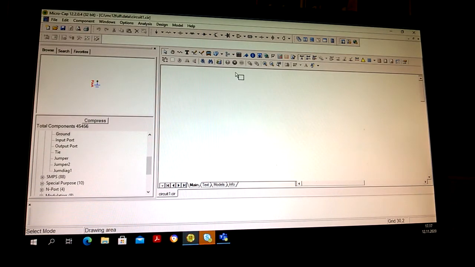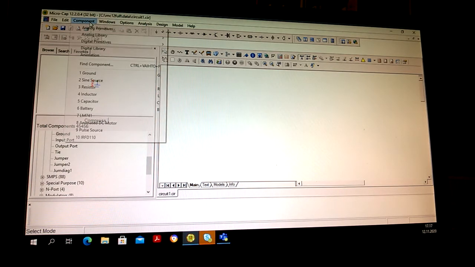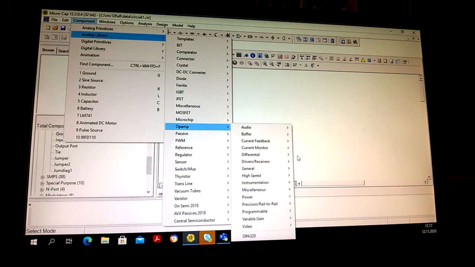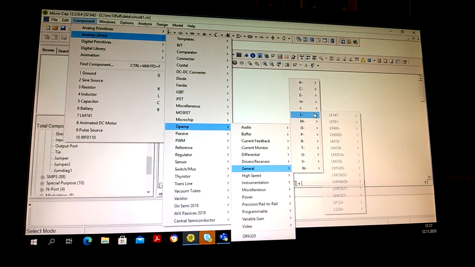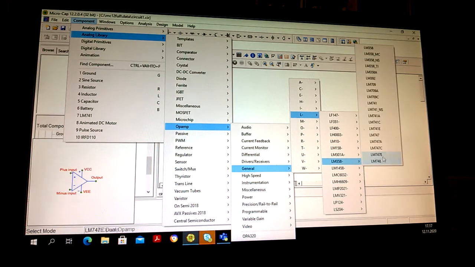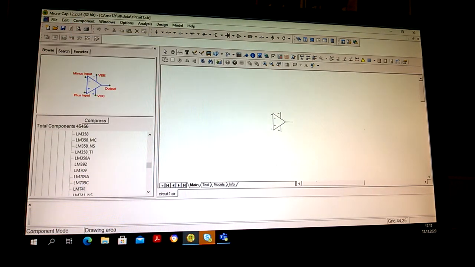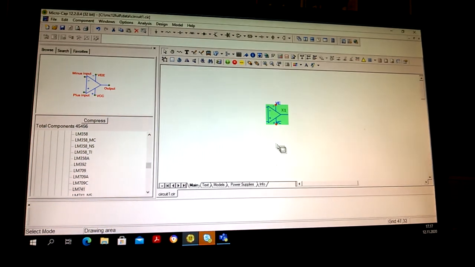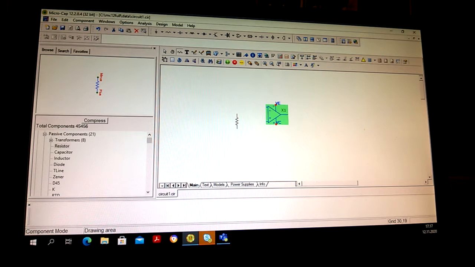This next video is about op-amp and some signals. Again, let's pick up the op-amp that we have used before, LM741, and let's add power supplies. Now we have the op-amp. Okay, then let's